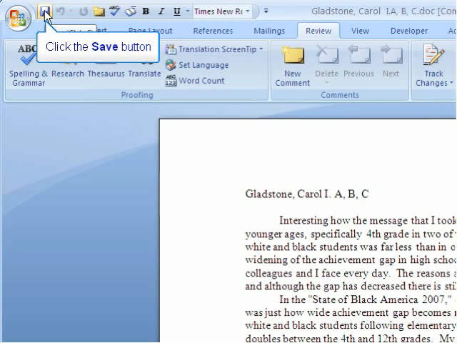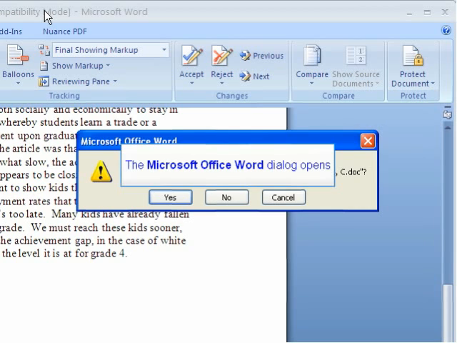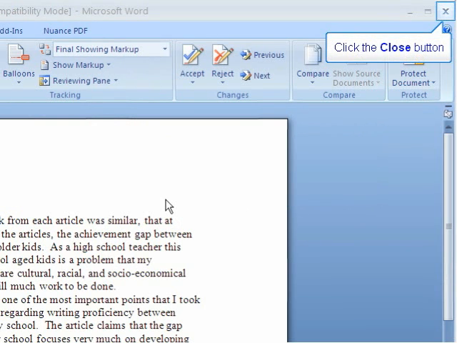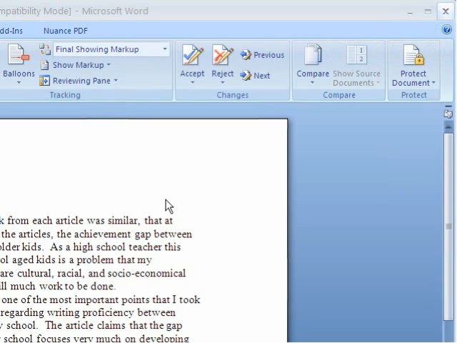Next, make sure to save your corrected file. A pop-up window will ask if you want to save the changes to the file with the same name. Click Yes. Finally, close the file. It is ready to insert into your assignment folder for this course and for uploading to the assignment area as